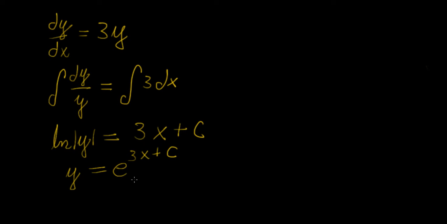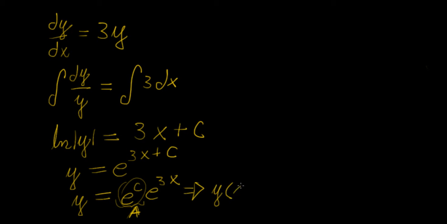And by the laws of exponentials, we can combine the powers by doing the following substitution. We can have e^c times e^(3x), because the same base implies that we add the powers together. So what happens to this? Well, this term is always going to be a constant. It's just e to the power of some constant, so that's going to be another constant. It is very customary to substitute this by a single constant, and we can call it anything. In this case, I'm just going to call it a, such that our general solution to this equation is going to be y equals a